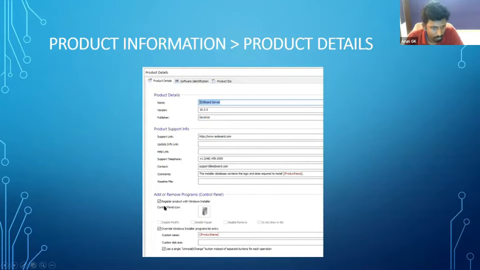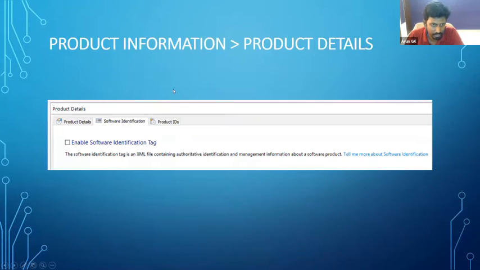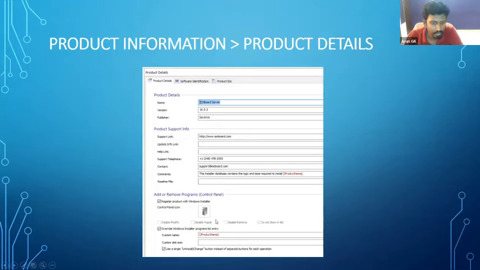Here we have another option, add or remove programs in Control Panel. We can add an icon for this earbud server application. We have another option: override Windows Installer program list entry, and use a single uninstall or change button instead of separate buttons.